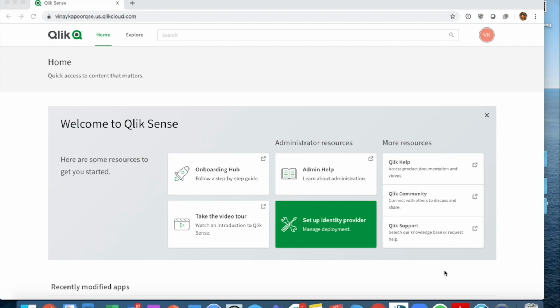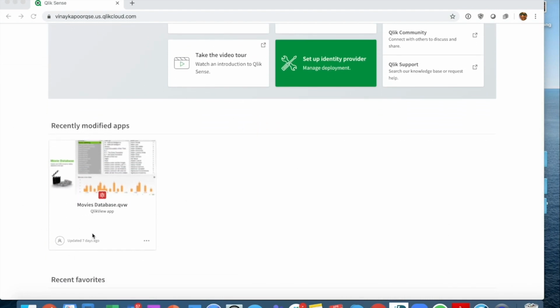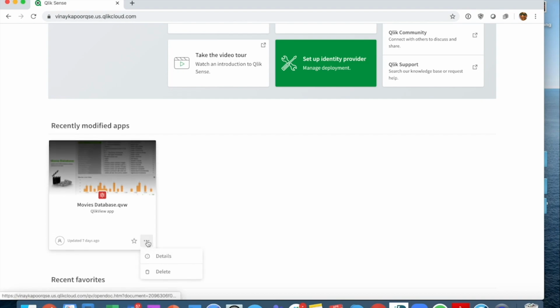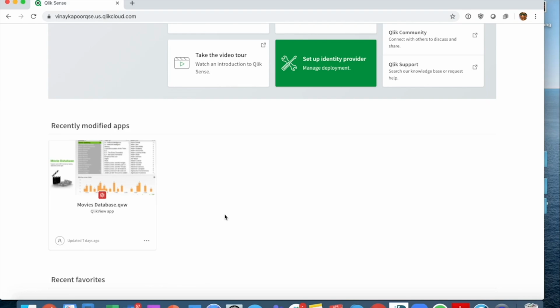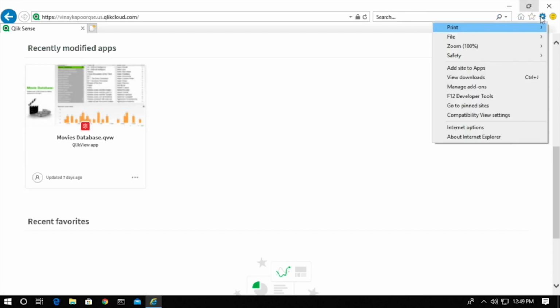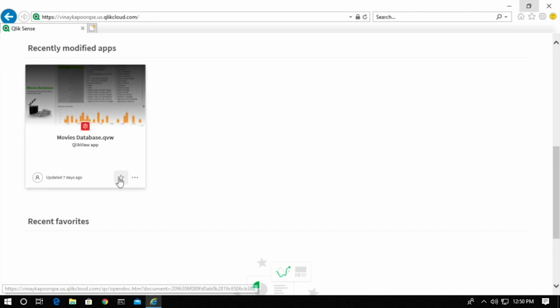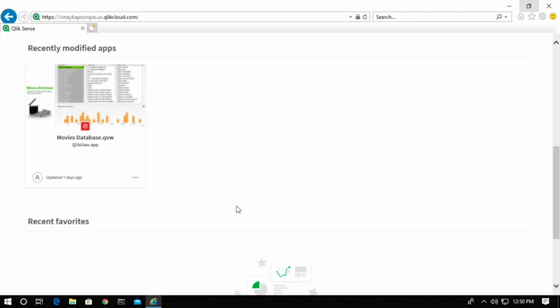What I also want to show you is the capability of the IE plugin that we have made available in QCS, and that depends really on the browser you're using. So here I have Chrome, and I'm looking at this context menu in Chrome, and I just have the regular options. There's no way to open this document in IE plugin. But if I now go to Internet Explorer and I look at the same options, this is Internet Explorer 11, as you can see here, and I hit those same three dots, I can see that there is the option of opening this app in IE plugin that's available to me as a user. So if I was to hit that, this document would actually open in IE plugin.